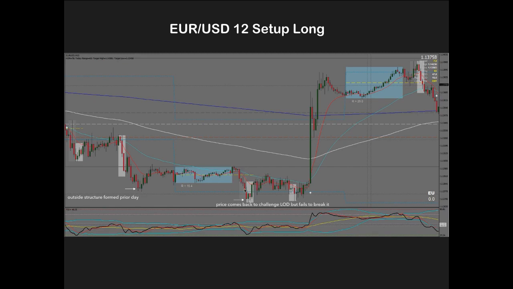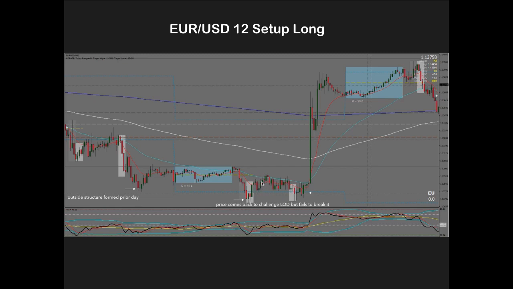So now this becomes the first leg of this setup. We got a close above the 13, so that confirms our first leg. Then we got a close back below, and now here is our second leg. We have this evening star pattern. Do you guys see that? Now, evening star pattern